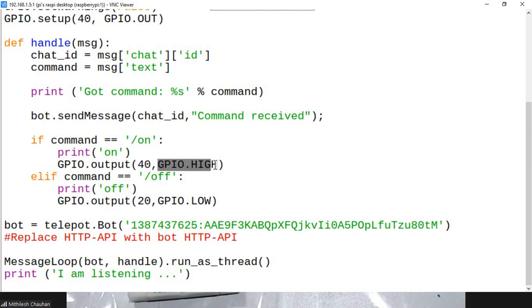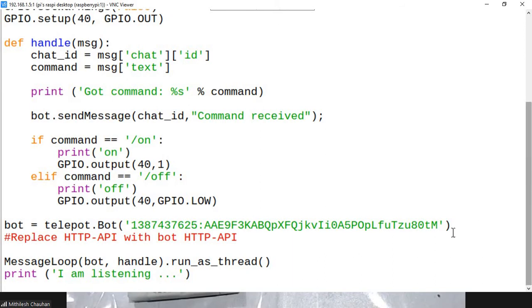So I'm replacing this pin number 40. You can put this value as 1, like instead of GPIO.high you may write 1 for turning on the light or turning on the bulb or LED. And in the else case, if the command is off, then turn off the light or turn off the LED, and you may replace this low with value 0. I'm keeping this as it is. So you may write GPIO.high for on and 0 for off, or whatever is feasible for you. Then everything we are executing.